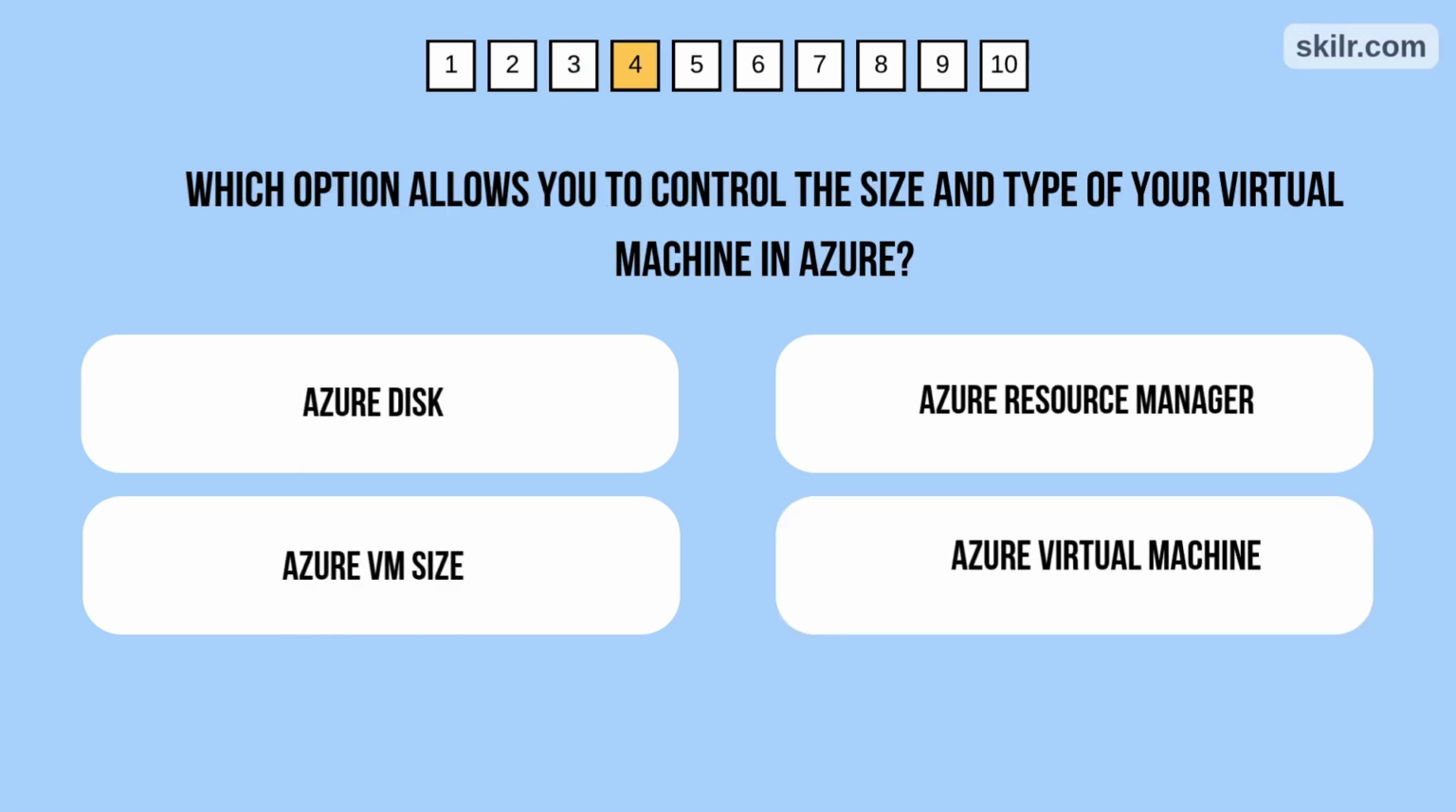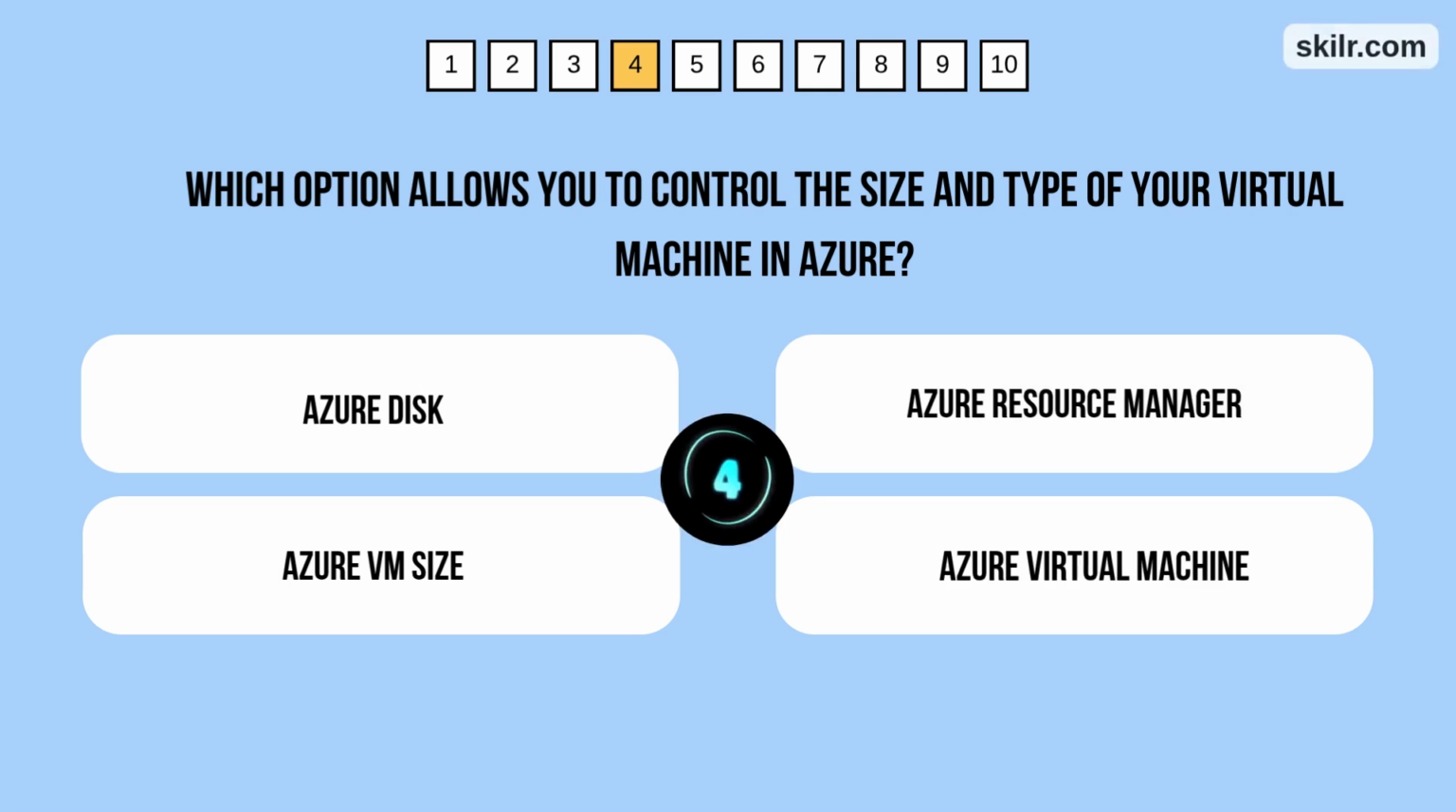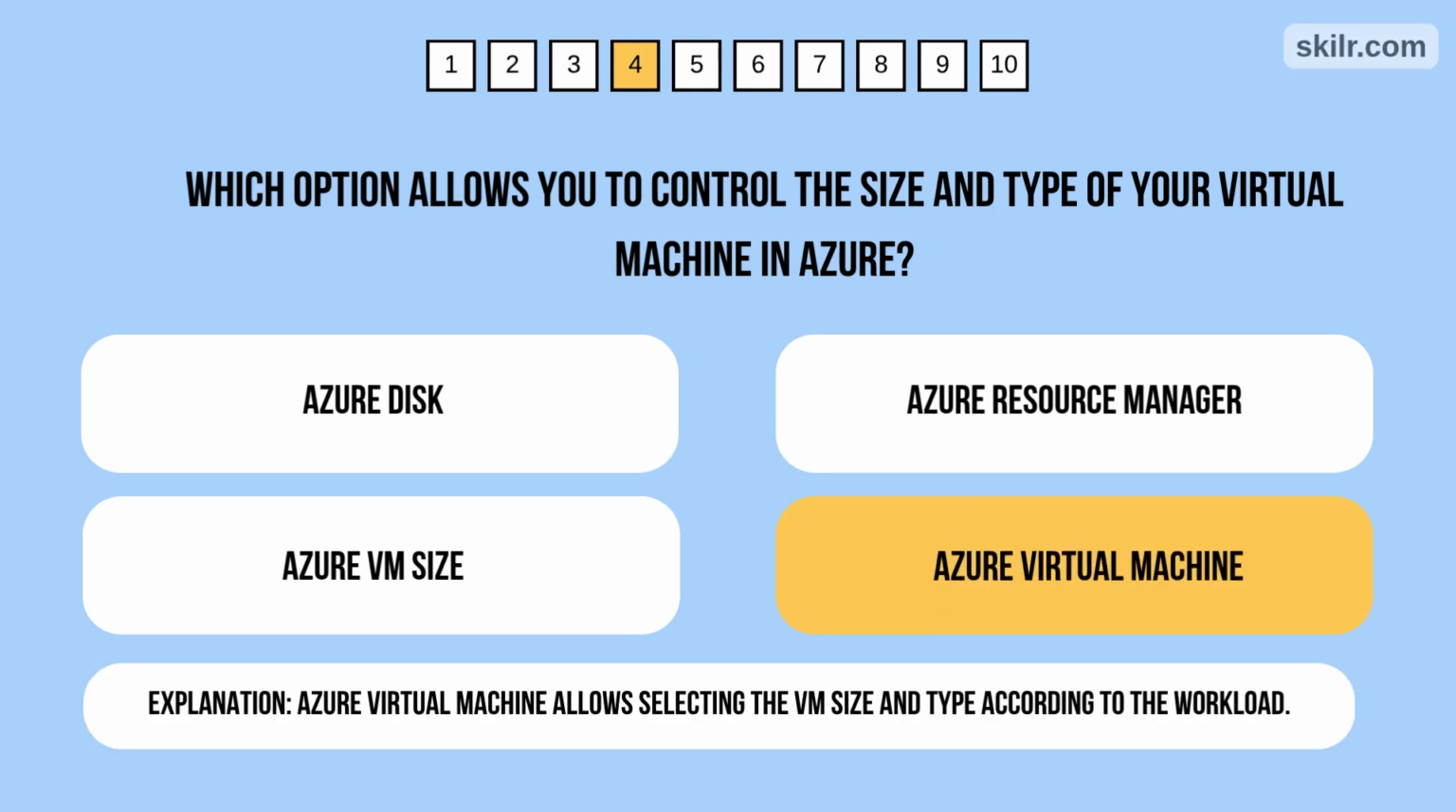Question 4. Which option allows you to control the size and type of your virtual machine in Azure? The answer is Azure Virtual Machine, as Azure Virtual Machine allows selecting the VM size and type according to the